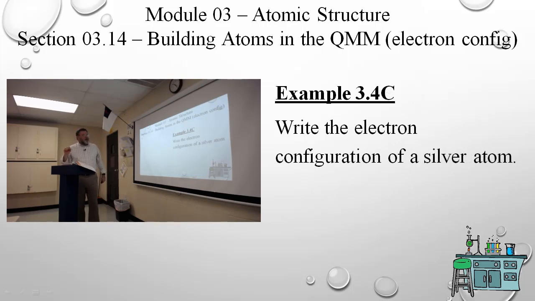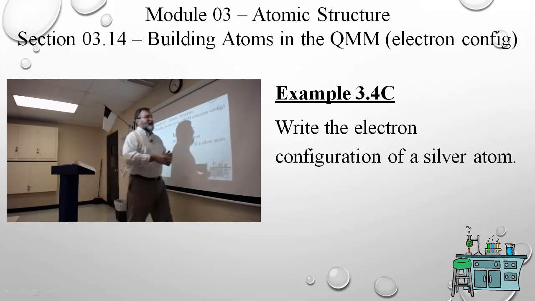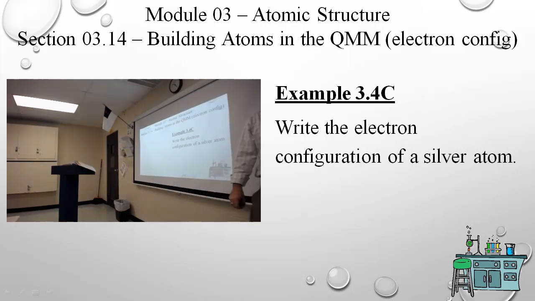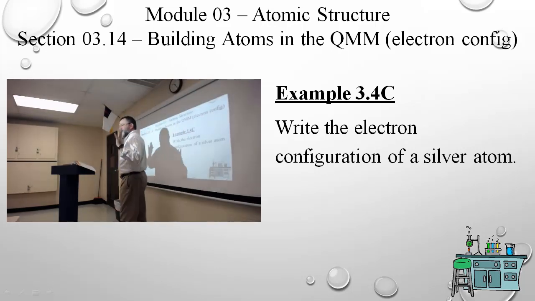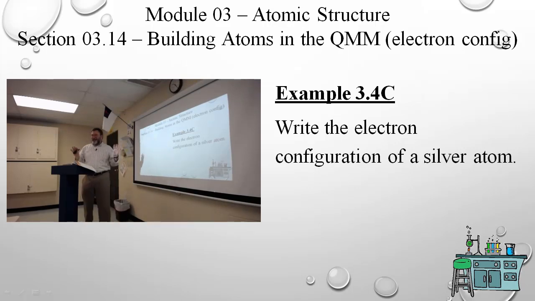3.4c. What is the electron configuration of a silver atom? Okay, silver. It's pretty intimidating. It's all the way down here. 47. That's hard. The number's so big. I can do 6 or 8, but I can't do 47. Nonsense. Right? If you look at your slant diagram, or frankly, I told you slant diagram is the only way I learned it. But the periodic table is so much easier. It's so much easier. So if you're going to default to one or the other,